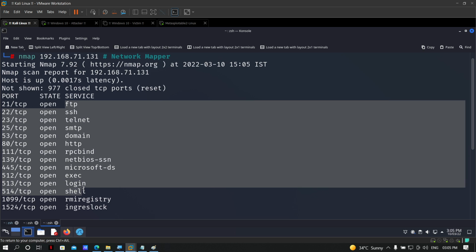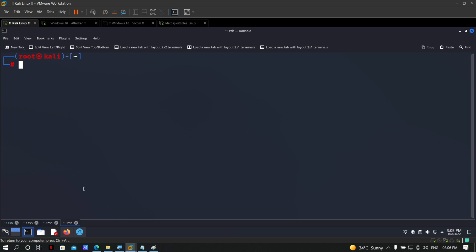Now, most of these services, you can access with the help of your authentication. You have to verify your ID and only then you can access your services. For example, let's say if I want to try FTP, right? Let's go with FTP and go with IP address as this one and hit enter. This will ask you for your username and your password, right? Now, if you don't know the username and password, what can you do?